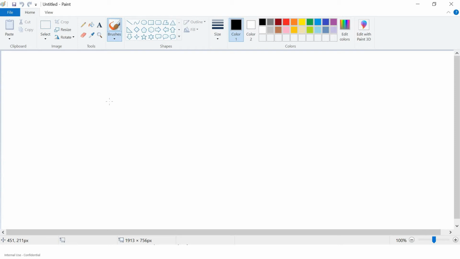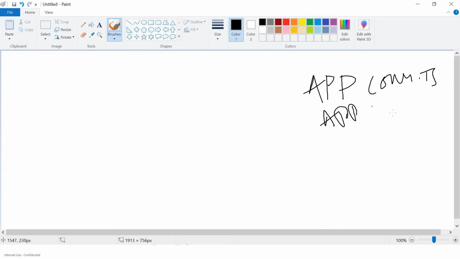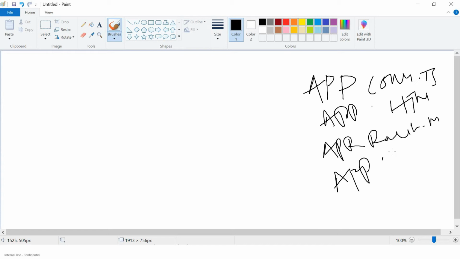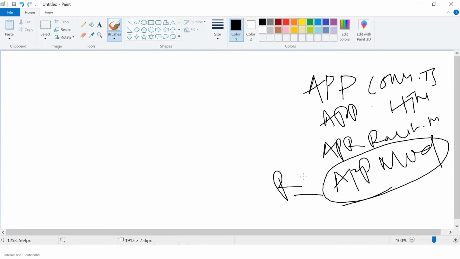I'll take an example where initially we have nothing but the raw structure. If we create a simple project, we'll get an app component. One app folder would be there. Inside that you will see app.component.ts and app.component.html. If you have started routing, you will see the app routing module and one app module. So this app module is the root module for us.